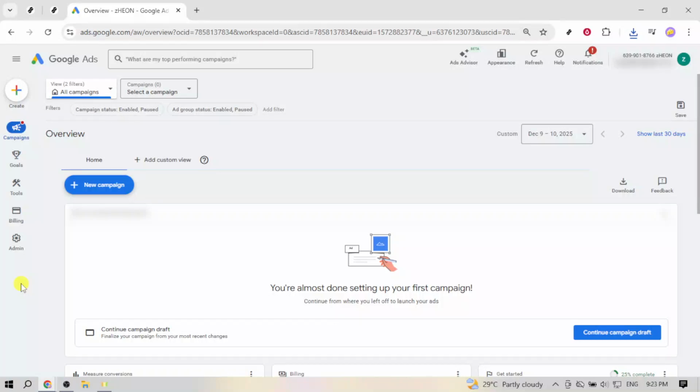In today's video, I'm going to teach you how to move Google Ads campaigns into another account. By the end, you'll know how to copy a campaign from one account and paste it into another using the built-in tools in the Google Ads interface. First, open Google Ads and make sure you're signed into the account that currently holds the campaign you want to